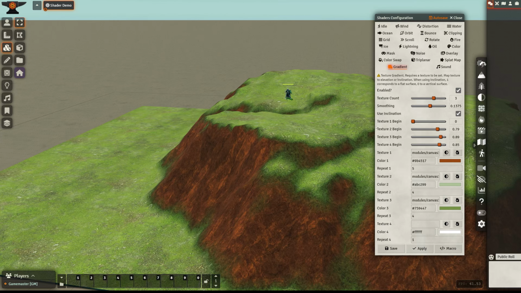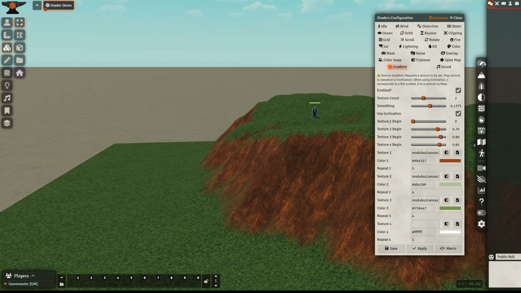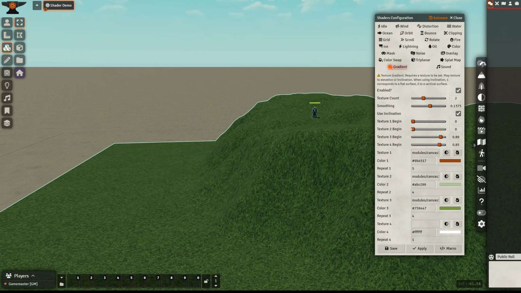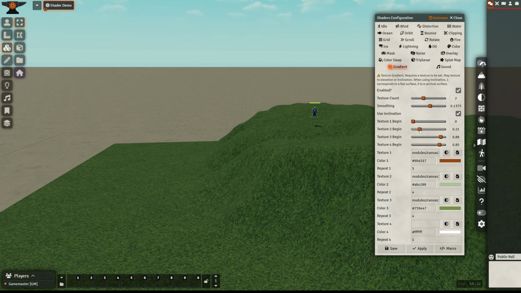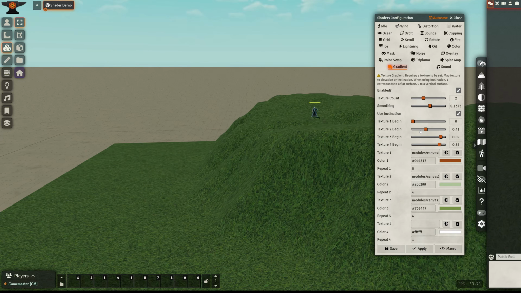For simplicity, let's set the texture count to 2. So we just have these 2 textures. As we said before, this ground texture starts at 0. That means this is basically our base texture. If we set our second texture to 0, it's going to completely cover the first texture. And now observe as we go up with this slider, as soon as we reach a certain